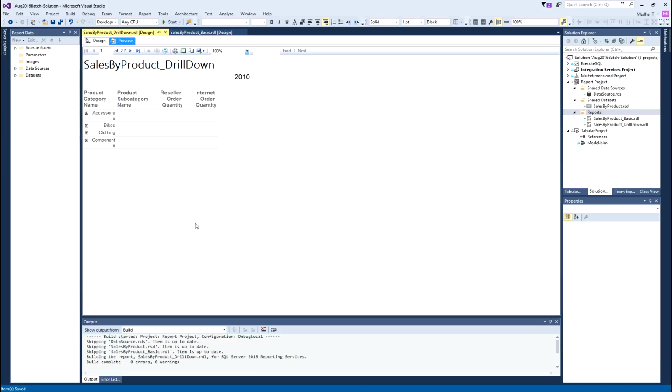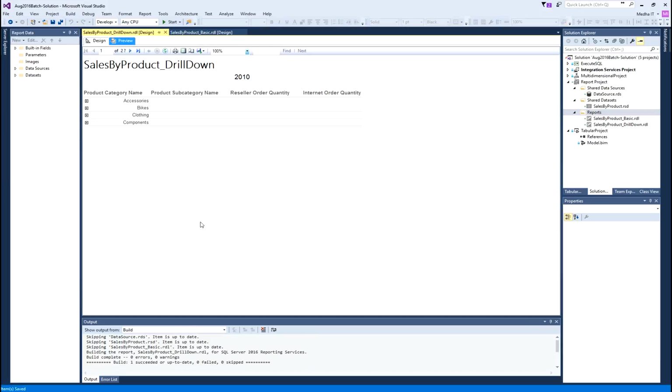So now I go to preview. Now what is happening here? I see this plus sign, which is the drill down option. That means I got the plus sign, which will basically give me the collapse and expand options, which is nothing but drill down option.